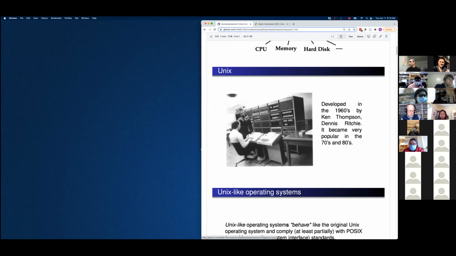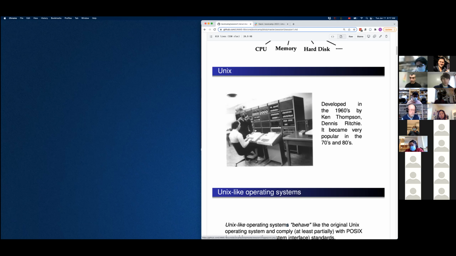We all know Windows and Mac OS, but one of the most important operating systems is called Unix. It was developed way before Windows or Mac OS, by a team in Bell Laboratories, AT&T, in the 60s, by Ken Thompson and Dennis Ritchie.